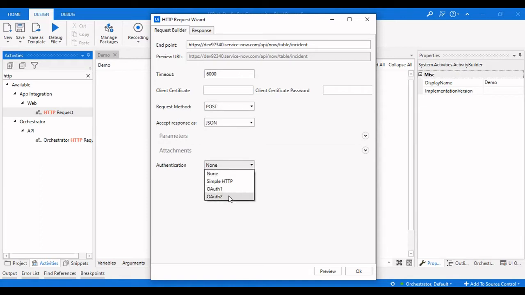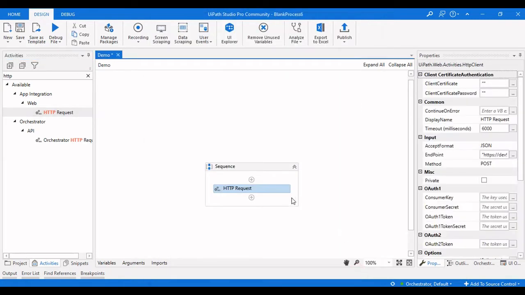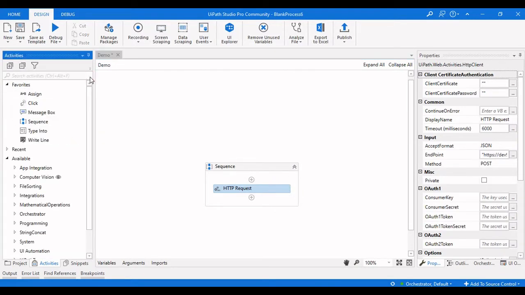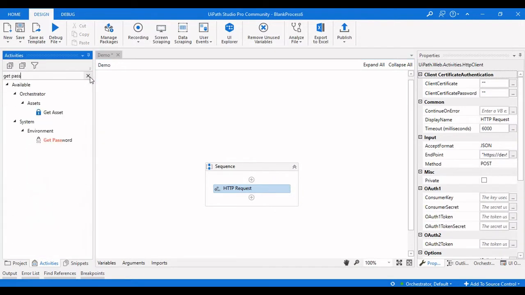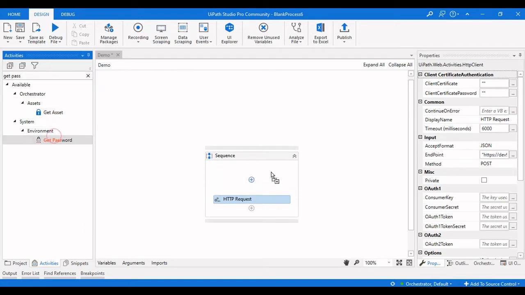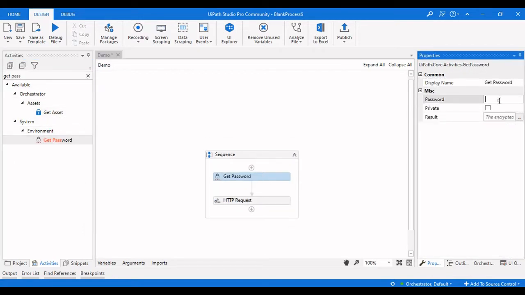For the authentication, it is a simple HTTP authentication, and I will pass it later on. I just click on OK, and I'm using the Get Password activity in order to pass it securely. So I'm using the Get Password activity, and I will type in the password.